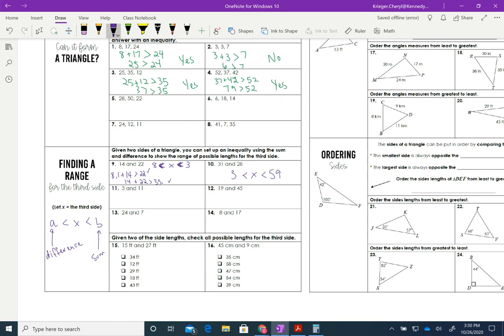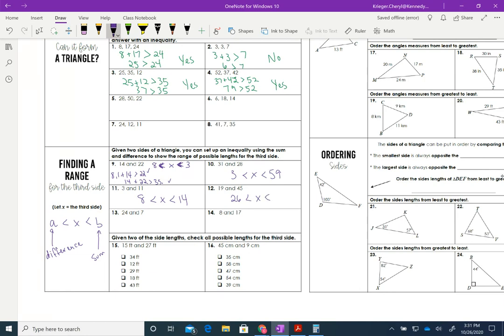Okay, number 11, X has to be between 8 and, so 11 minus 3 is 8, 11 plus 3 is 14. And then number 12, the difference of 45 and 19 is 26. So x is greater than 26 and less than 45 plus 19,